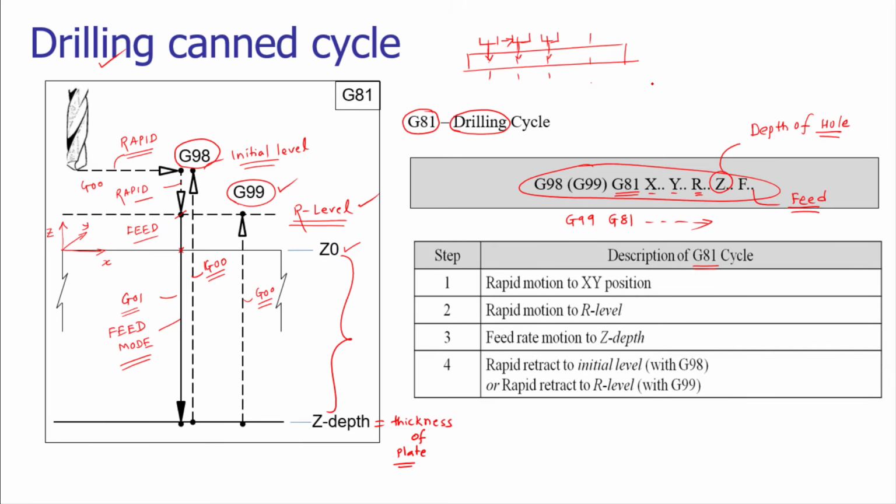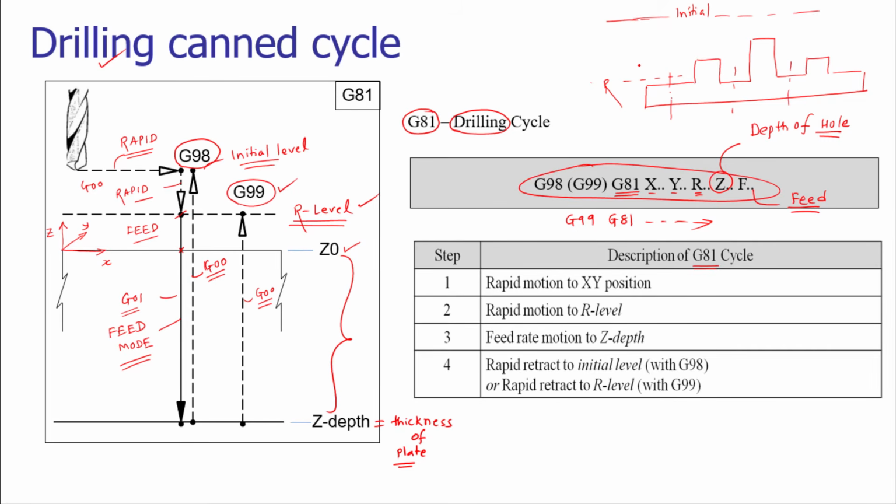But in certain cases the geometry is not plane, it has some towers as well, and here the holes are to be drilled, and the reference position is this and the initial position is this. So this is the initial position and this is the reference level. So in this case we are asking the tool to come to this position and then come in the rapid way to this position and then carry out the drill operation. If we are using G99, the tool will move in a horizontal direction and it will collide with the towers.